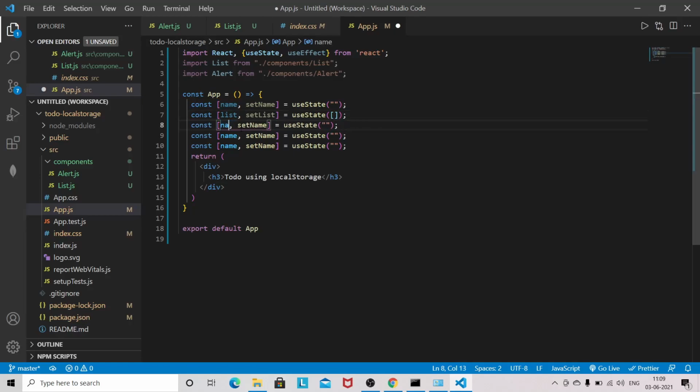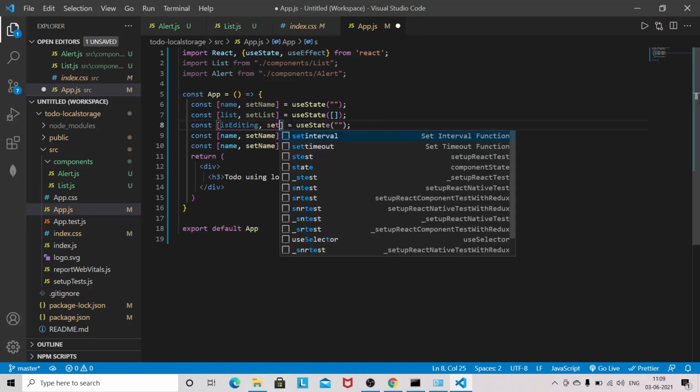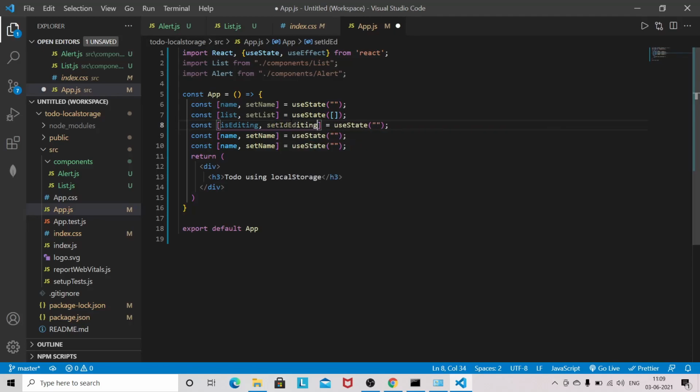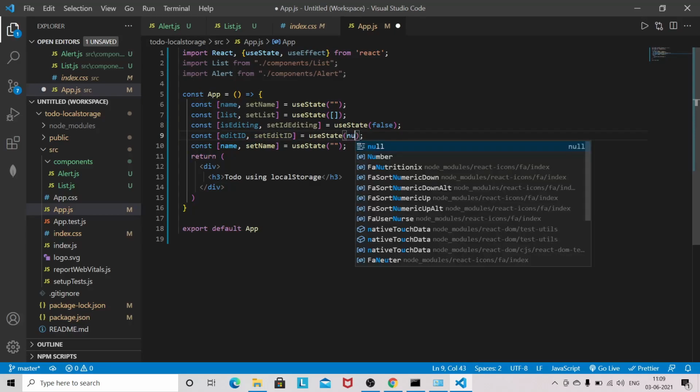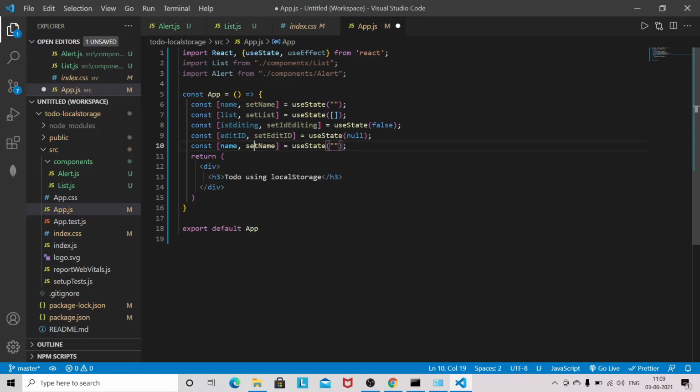Now isEditing, setIsEditing, and this will be false. Now this will be editId, setEditId, this will be null,